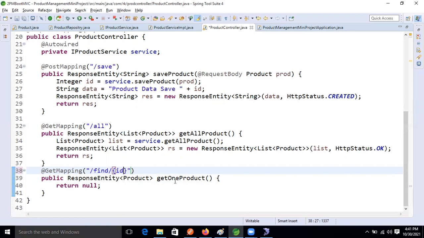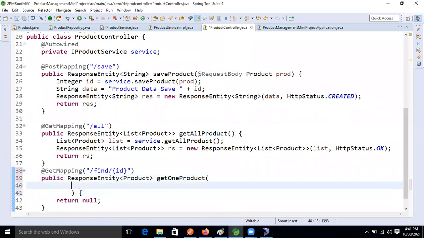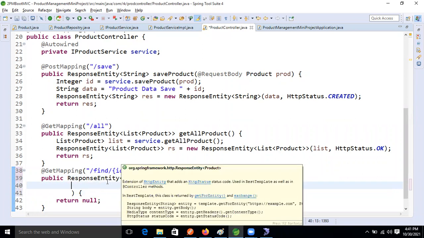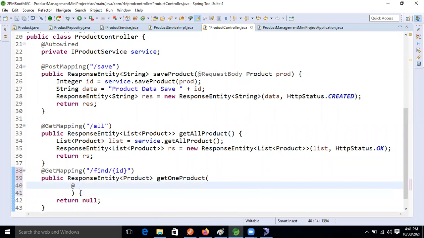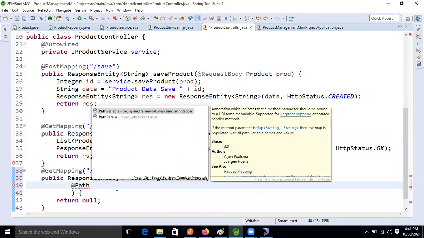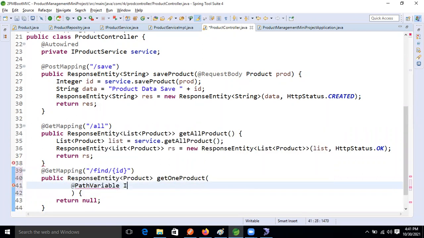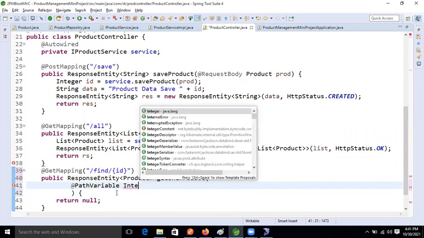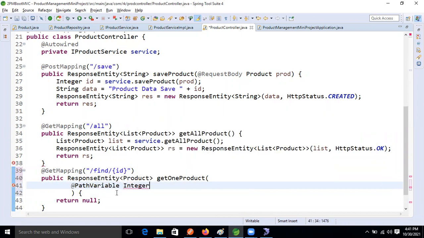After that, as I explained in the last session, how do we read the data from the URL in our method, guys? What is the annotation? Using path variable. Yeah, path variable. Which data type? Int.